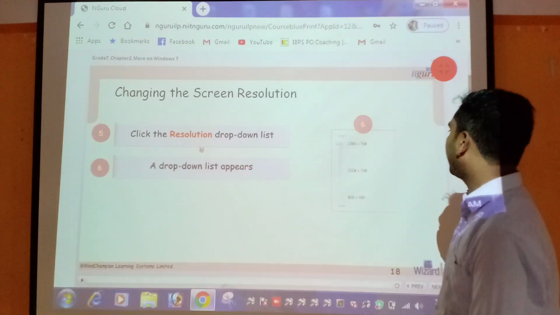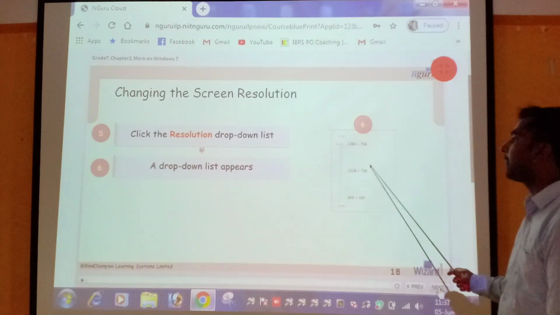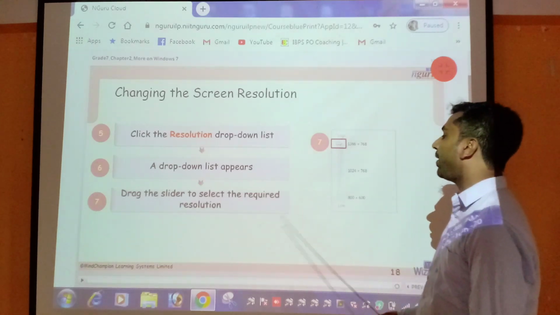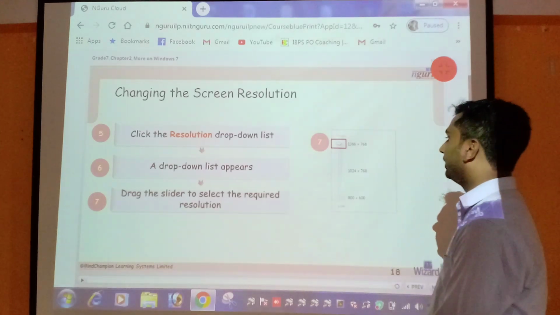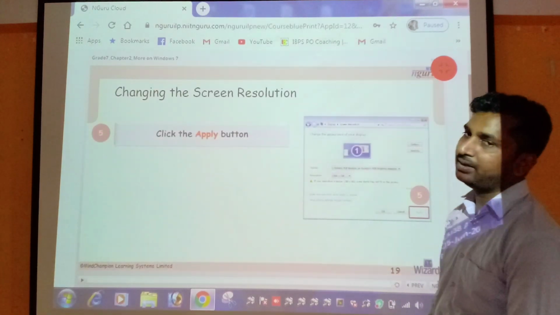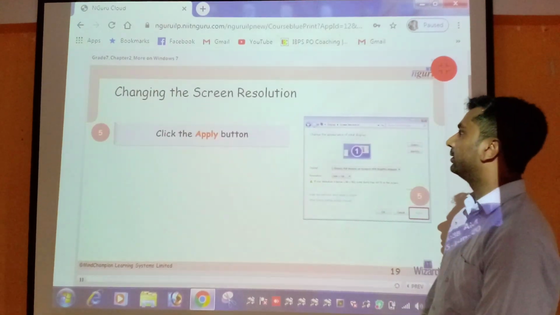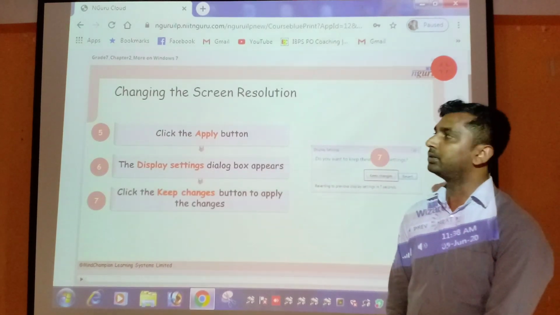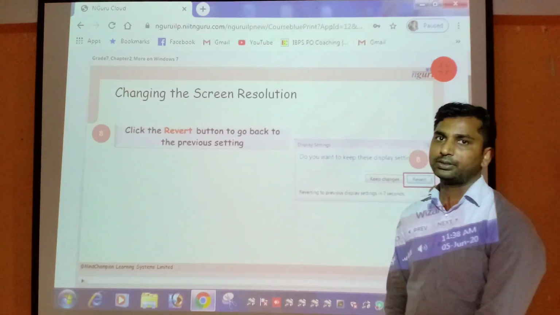A drop down list appears. You can select the required resolution. After that, click apply button and click OK button. After that, your screen resolution is changed.